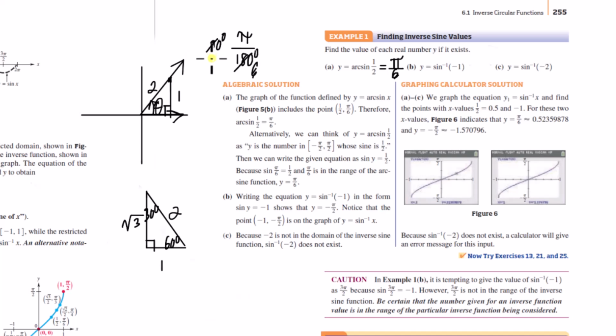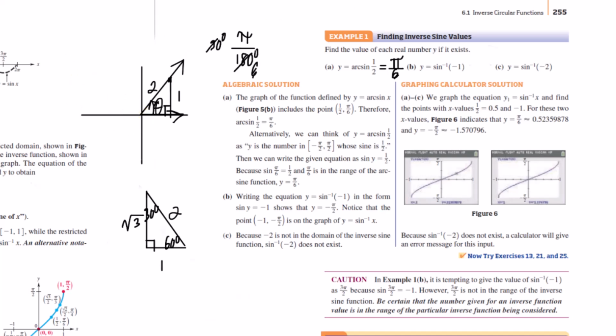That is true, but it's actually more than that. Sine is positive in quadrant 1 and quadrant 2. So whatever angle has reference angle 30 degrees